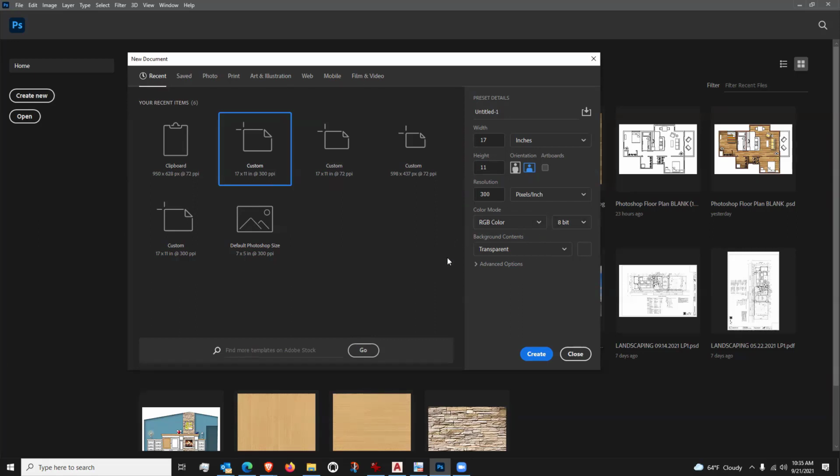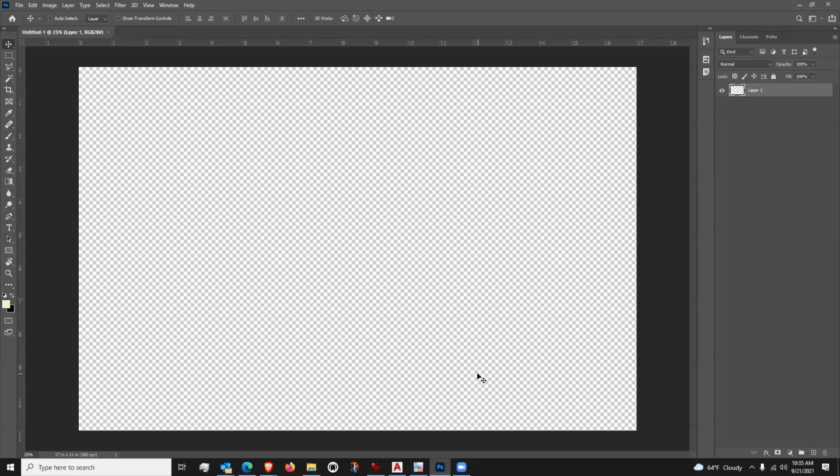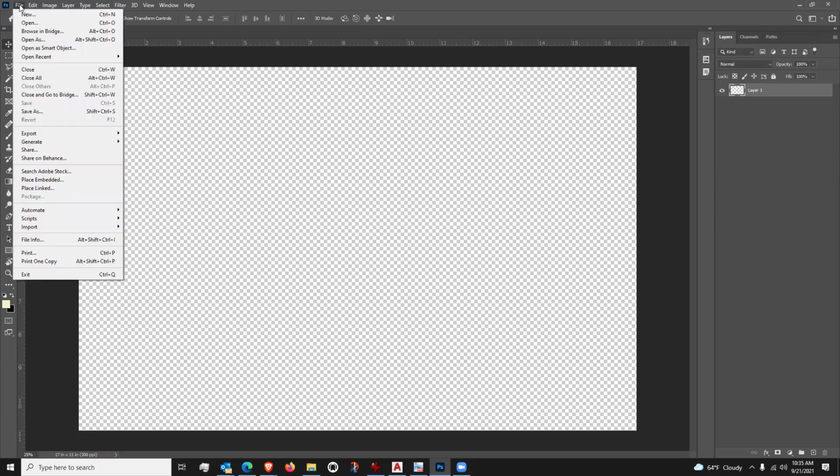And then the last setting I want to make sure I have is transparent set. And then I'm just going to create a new document. And there it is. Now, this document, before I go any further, I'm going to save. And this is the document that I believe you're going to be sharing with me or turning in. So I'm going to save as,